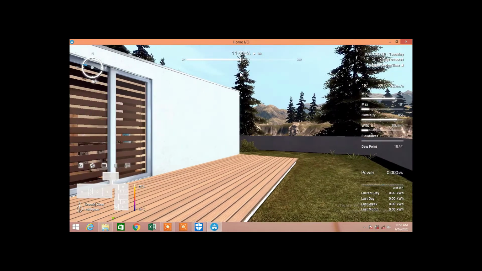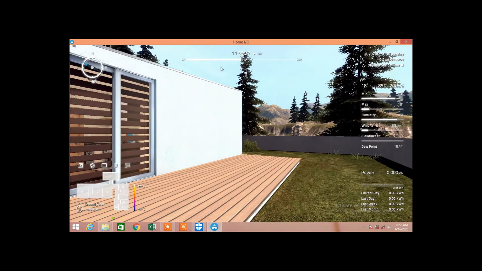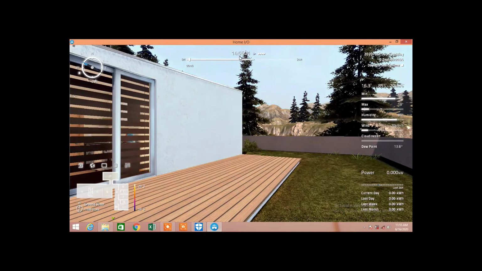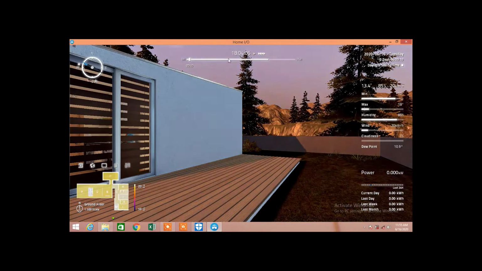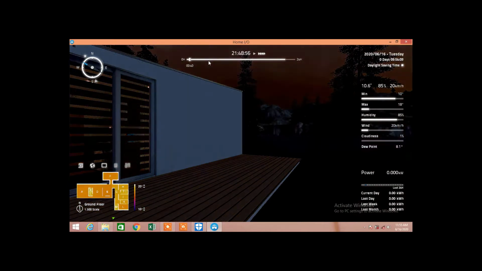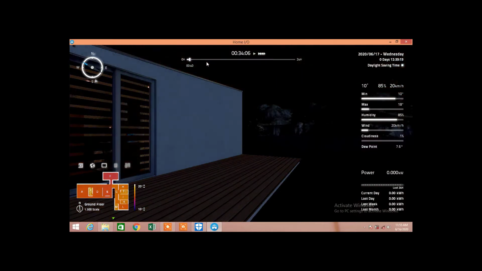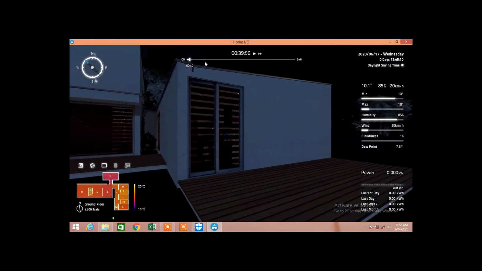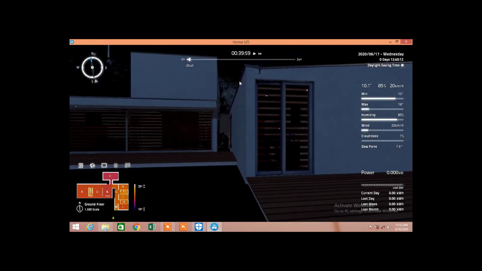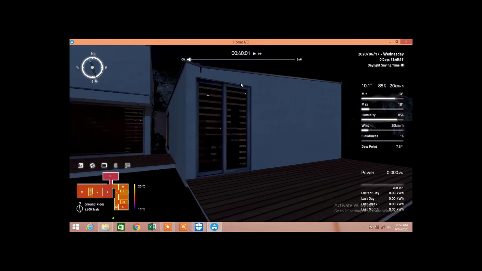So this game or this software consists of several controls or several sets of icons. At the top you can see a time bar. You can move this up and down, back and forth. When you increase it, you can see the time is moving. It is becoming night. So a real-time night simulation is possible here. And also you can check whether the sensors are working or not.